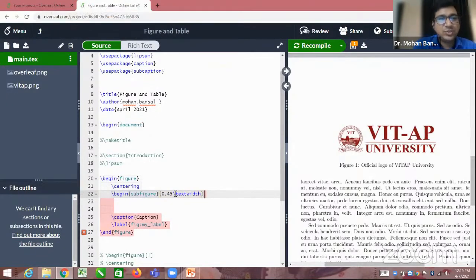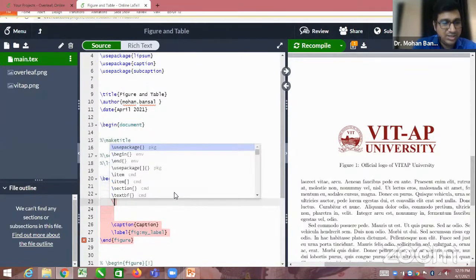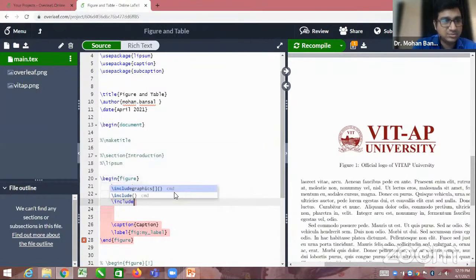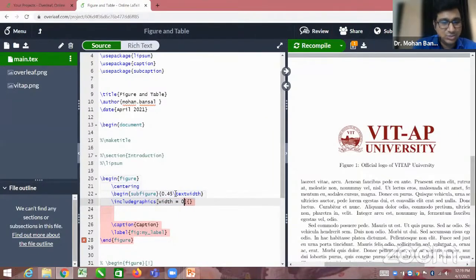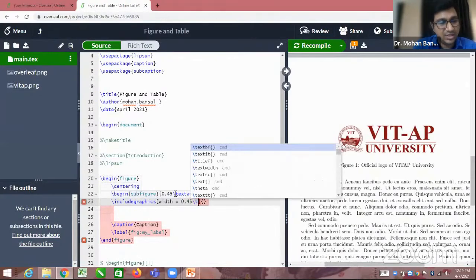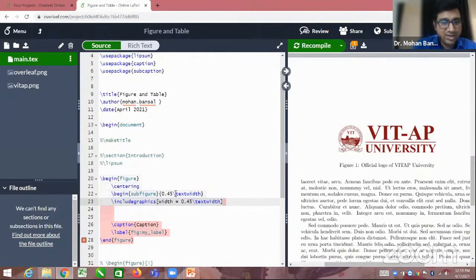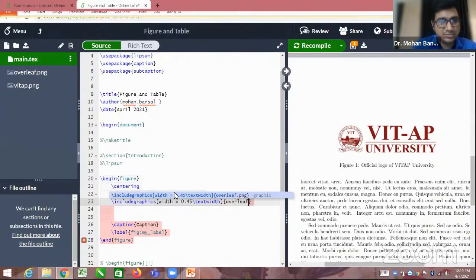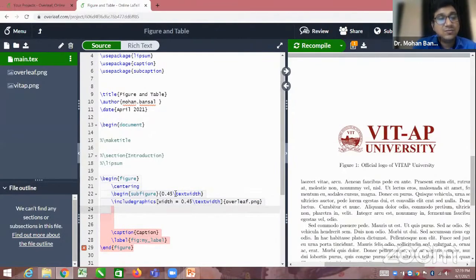Inside the subfigure, you can insert the includegraphics, and here width is equal to, let's consider 0.45 text width here also. And the figure name is overleaf.png. So this figure I'm inserting in the first subfigure.